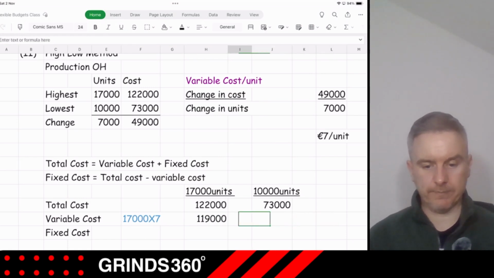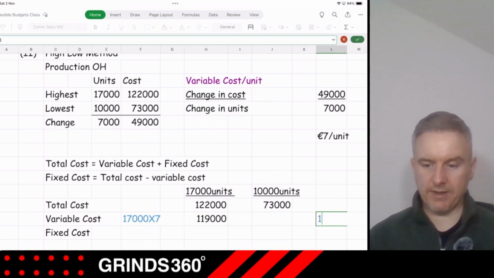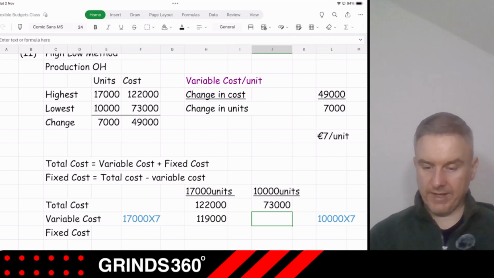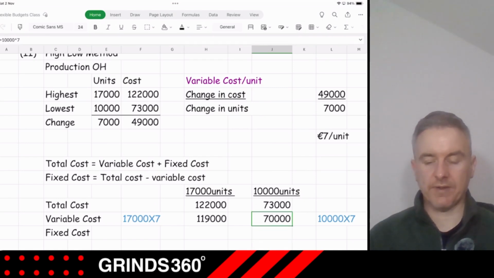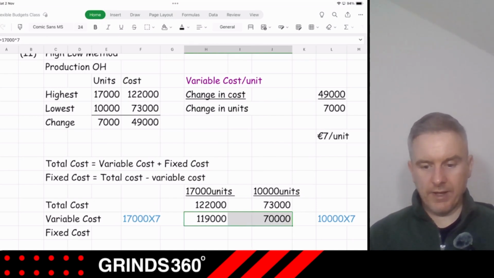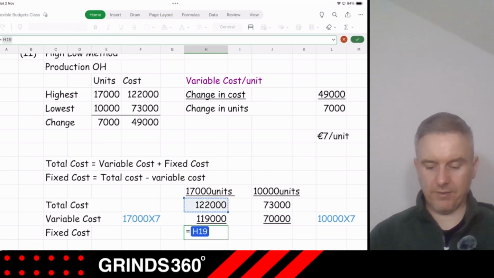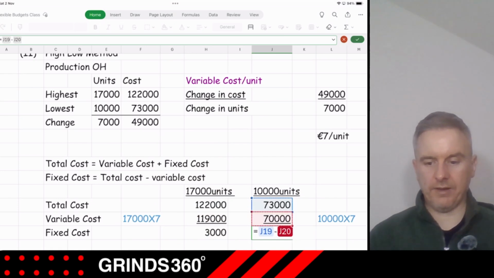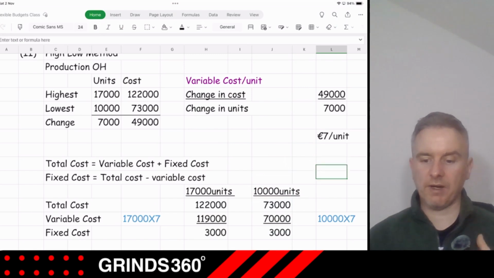We're going to do the same here, okay? So we're putting in 10,000 units, and then multiplied by the 7. So again, do not do this in your head, please, all right? So 10,000 units and then multiply by 7. So that's our 70,000 there. If we have done this properly and our variable cost per unit was correct, our fixed costs will come out as the same figure. So 3,000 and 3,000 here, okay? So now we know our variable cost per unit, €7 per unit, our fixed cost, 3,000,